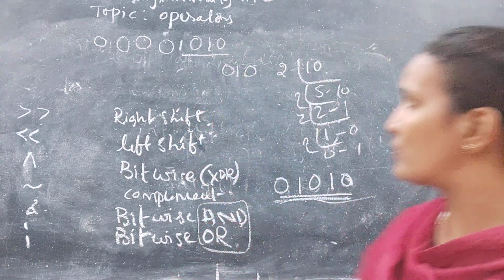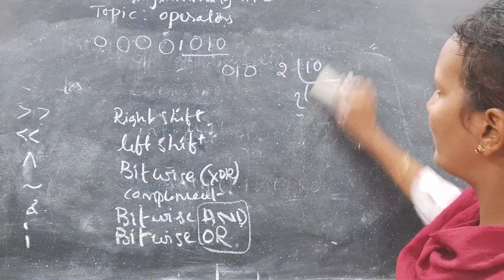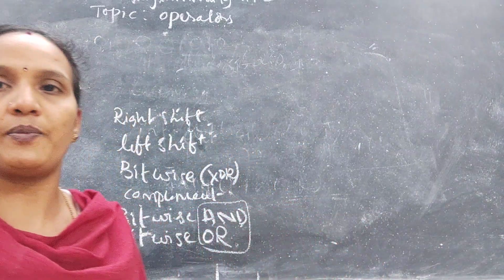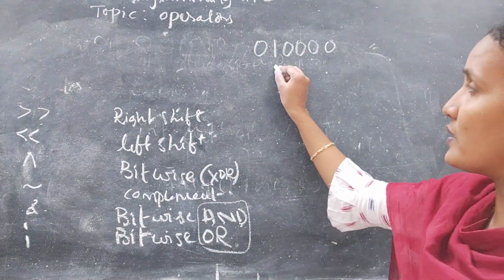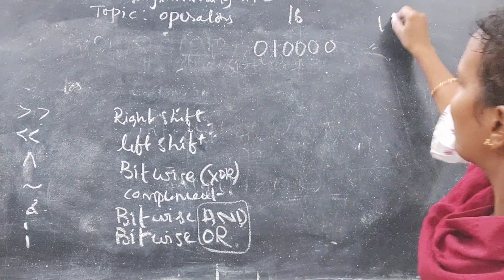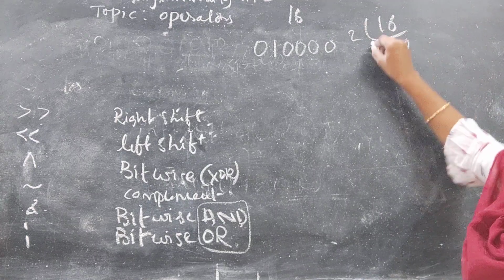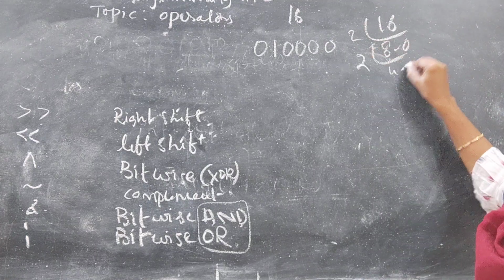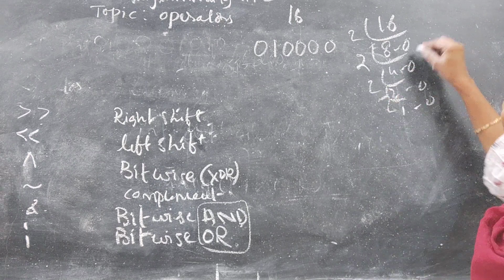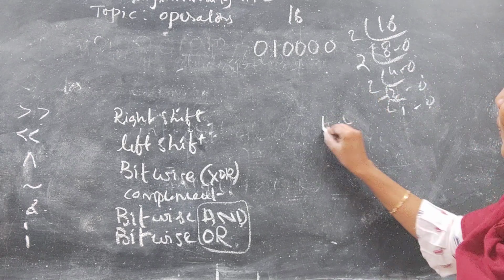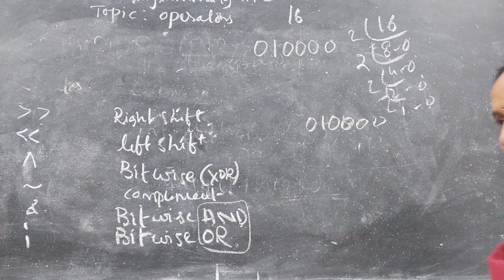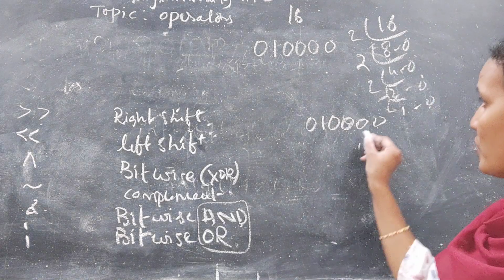Actually this example is not suitable. I will explain with one more example, 16, so that I can explain with clarity. You see, this is the binary format for 16. If you convert 16, 2 8s are 16, 2 4s are 8, 2 2s are 4, 2 1s are 2, like this. So 4 zeros, 1, 4 zeros. I am adding one more bit; if you want, you can add 2 more bits, no problem. 1 byte you can take. So here it is 16.